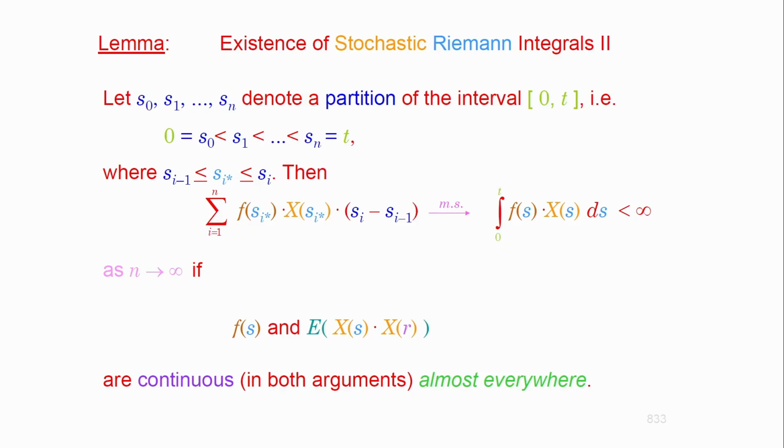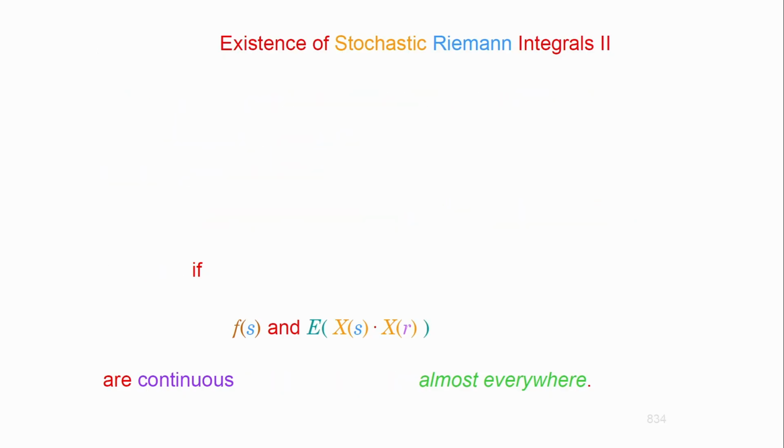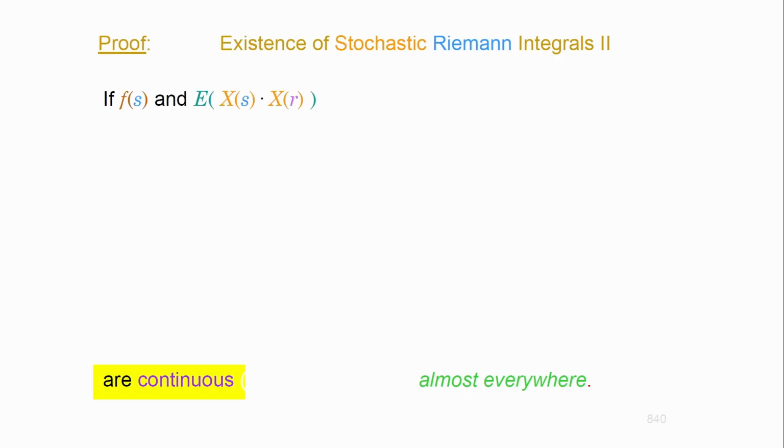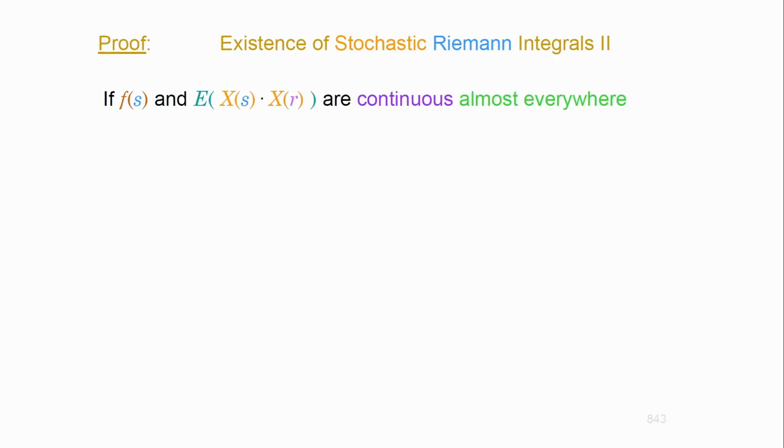Because if these two are continuous almost everywhere, then the product will be Riemann integrable. And that product was part of the integrand of the double integral that you just saw. So this is closing the gap. That's what I'm going to explain, so don't worry. To prove that it's not a big issue, if those things are continuous, at least almost everywhere, then what?